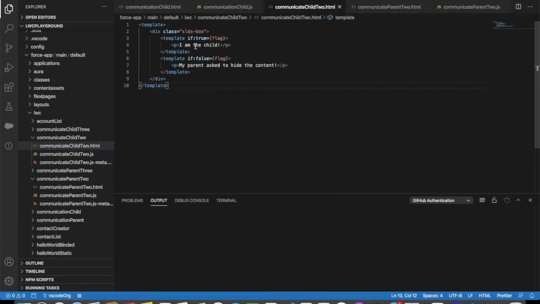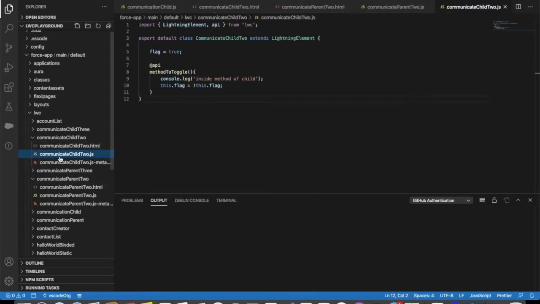Initially let's check the HTML of the child component. Inside the HTML we have an if-else condition in a template. If the flag variable is true, then display "I am the child". If the flag variable is false, then display "my parent asked to hide the content". And how are we handling it? This is the JS and this is the method to toggle, and we are just swapping the flag variable value.